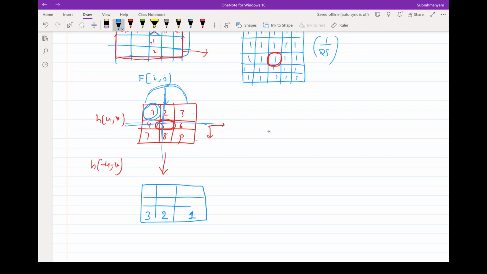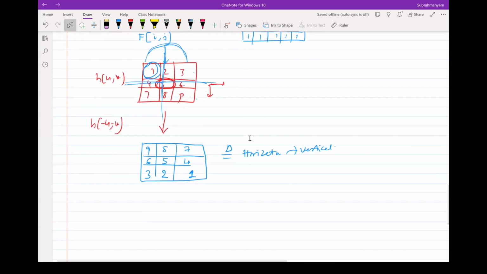Then take 4, it would come here. If I am doing this axis, 4 would come here, then flipping would keep it there itself. 5 would remain the same. 6 would come here. And then what about 7? It would come here, and then you flip there, 7 would go here. And what about 8? 8 would come here, 9 would go here. And you would realize that this is equivalent to horizontal flip followed by vertical flip. That would also be equivalent.